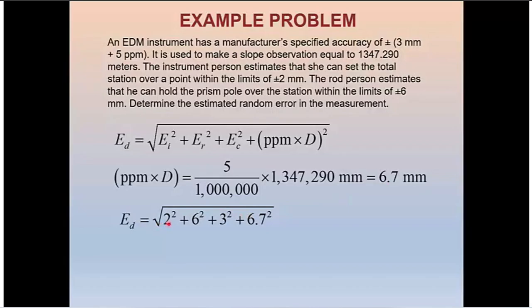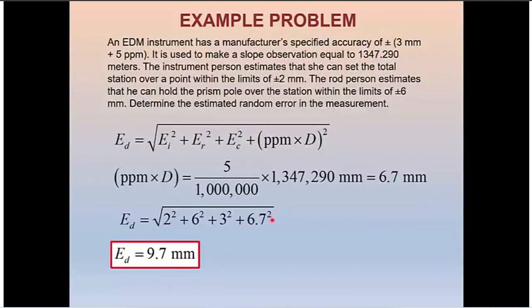So now all we need to do is plug in the remaining values and solve for E sub d. E sub I is 2. E sub R is the 6 millimeters of the rod person. E sub C is manufacturer specified of 3. And then the ppm times d we have computed to be 6.7. So just take the square of all these quantities and sum them up, and then take the square root of the sum, and we will get our result. And our result says that we have about 9.7 millimeters of error. This is random error in